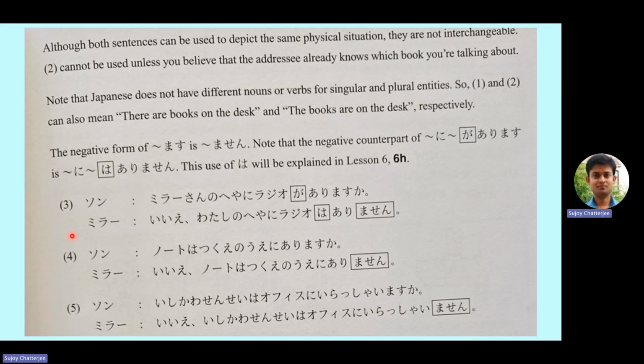Now 3, 4 and 5 are three more examples of conversations using this. So let's see what those are. This is Son-san. She says,